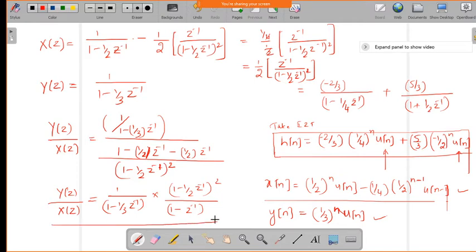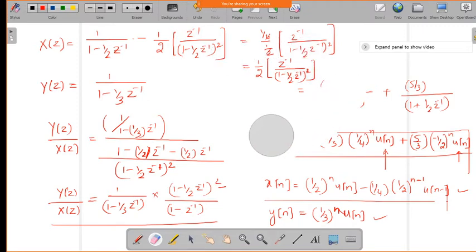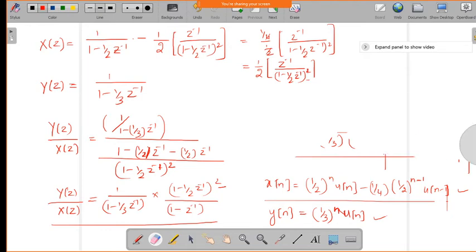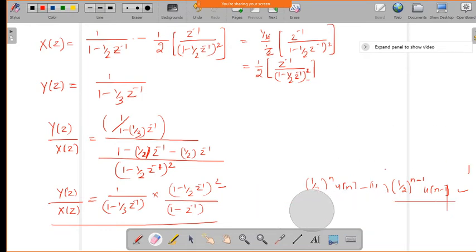Okay, so now what you will get? You will have the numerator as a square, and the denominator also, if you multiply, you will get a square. For partial fractions, the roots in the numerator and denominator are the same, is it not? So since the roots are same, you have to use the long division method and find out the Z transform, the long division method to find out the H of n.